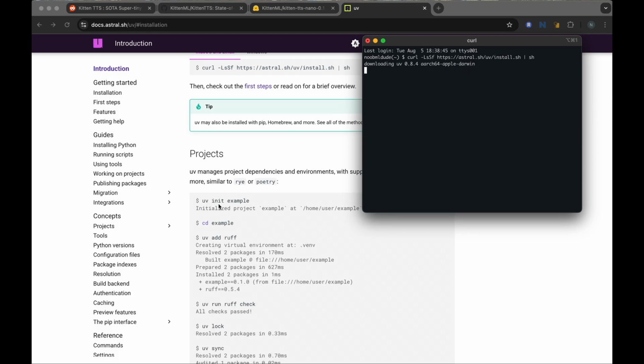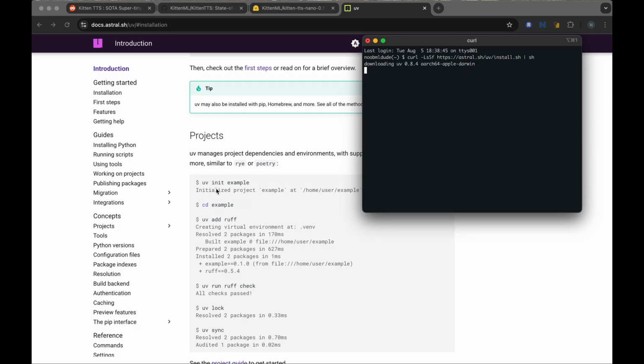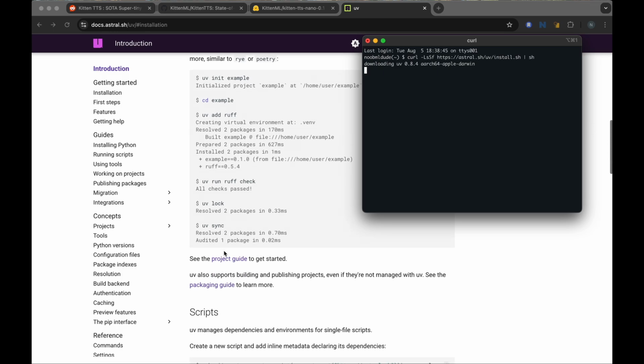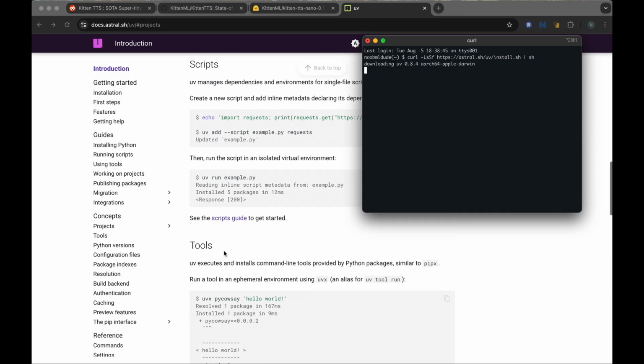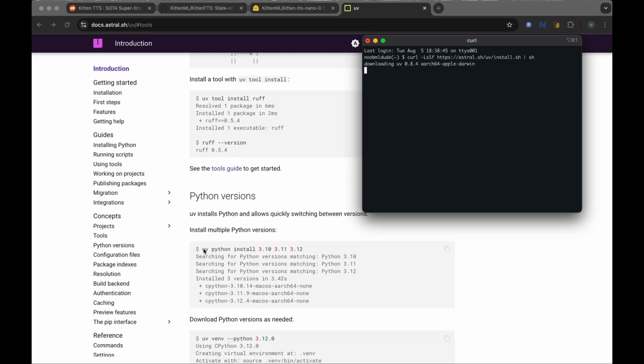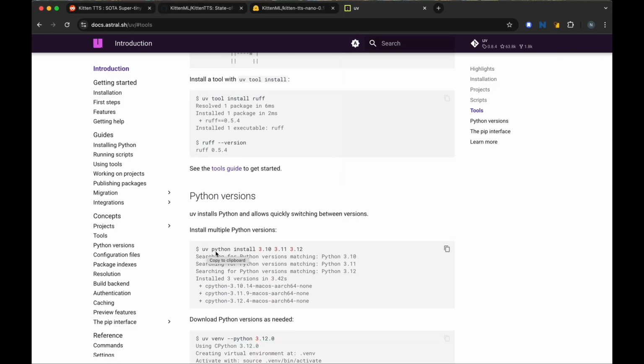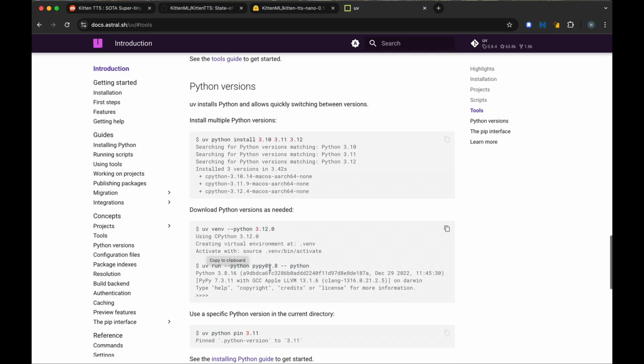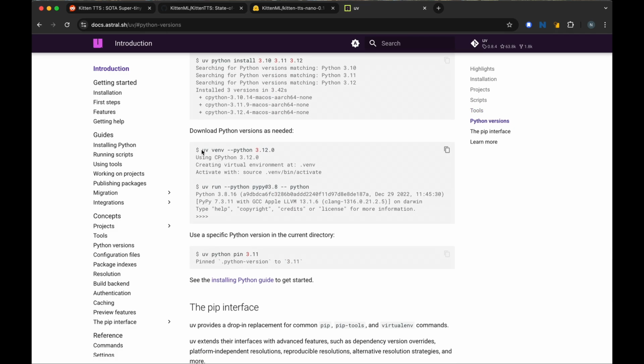So this is how you can use UV. You can initialize a project. There are also ways to create a Python environment. So this way you can install different versions of Python. You can create a virtual environment with a Python version,